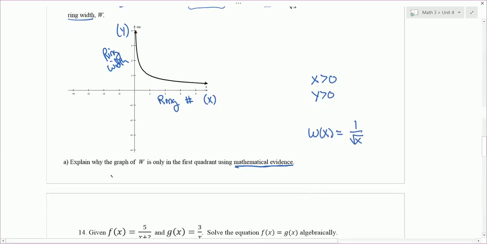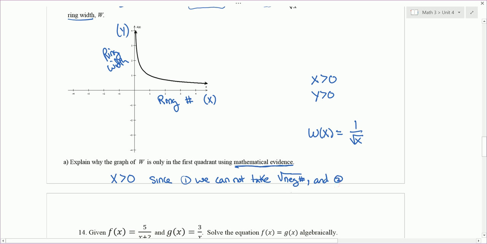So my answer is, x is bigger than 0 for two reasons. Since we can't take the square root of a negative, if x was a negative, we'd have to take the square root of a negative number. So number one reason, we cannot take the square root of a negative number. Okay. And the second reason,